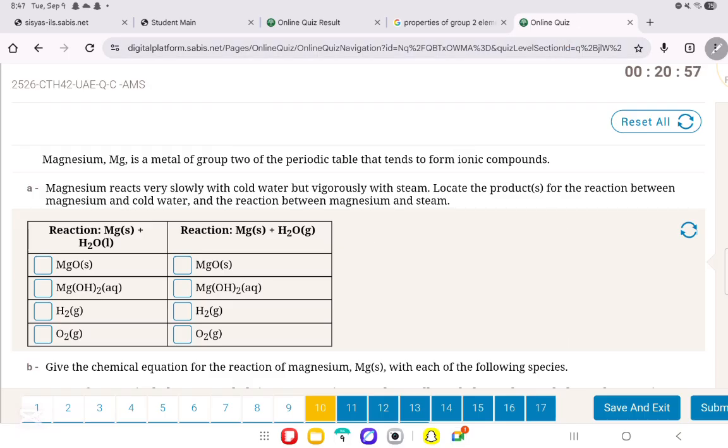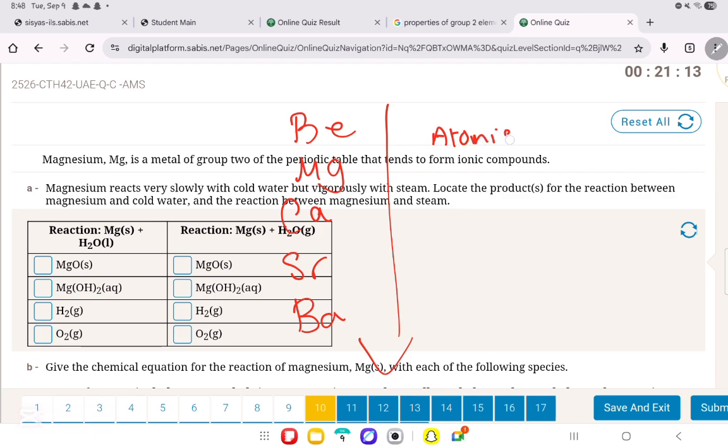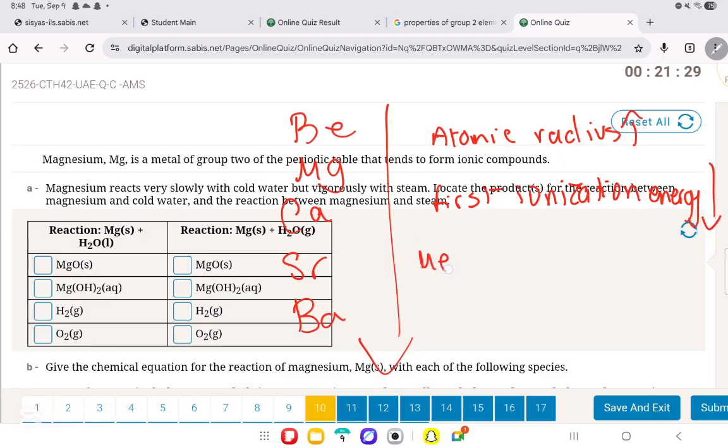Now, what happens if we go down the group? As we go down the group, beryllium, magnesium, calcium, strontium, barium, the atomic radius increases. The first ionization energy decreases. The melting points decrease, and the reactivity,